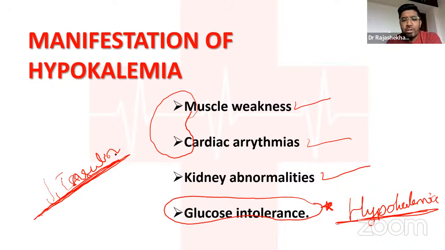This is actually the body's defense mechanism. As the hypokalemia is worsening, the body is reducing the insulin secretion to inhibit the movement of this transcellular shift. So this is the body's mechanism. This can become troublesome if there is a long-standing hypokalemia. A similar hypothesis is given for the diuretic-induced hyperglycemia in your patient.